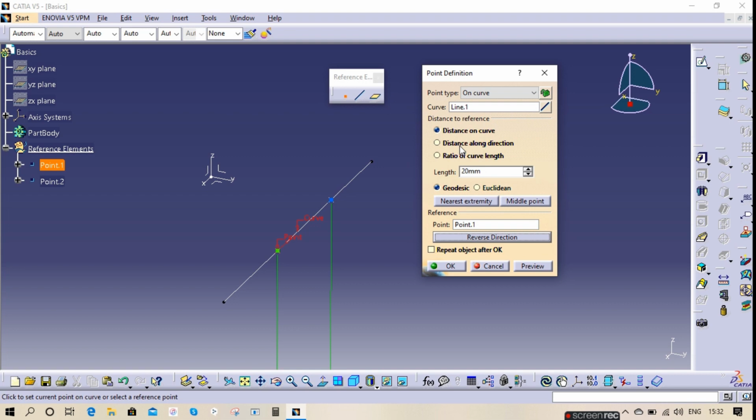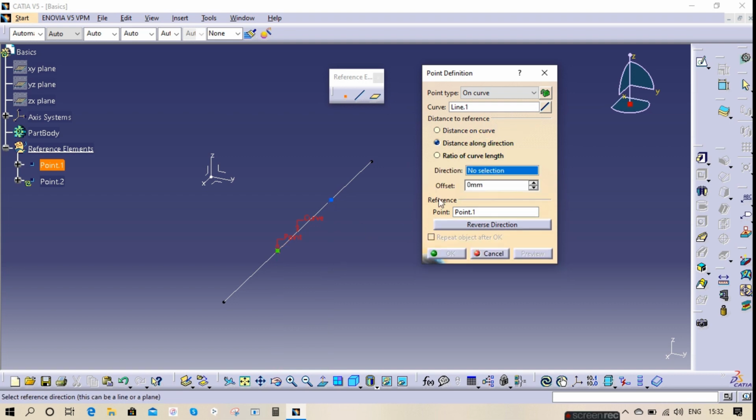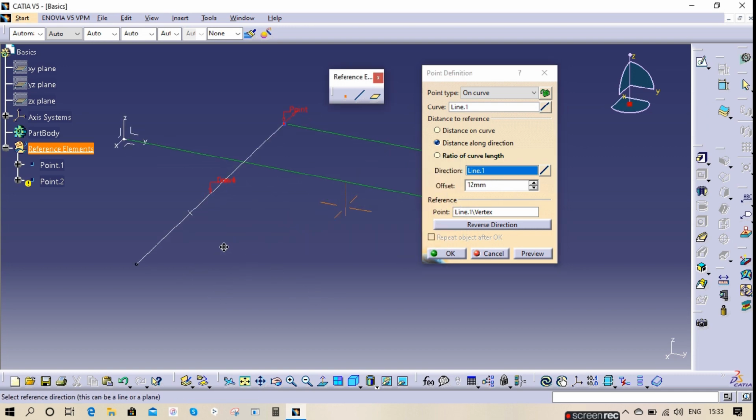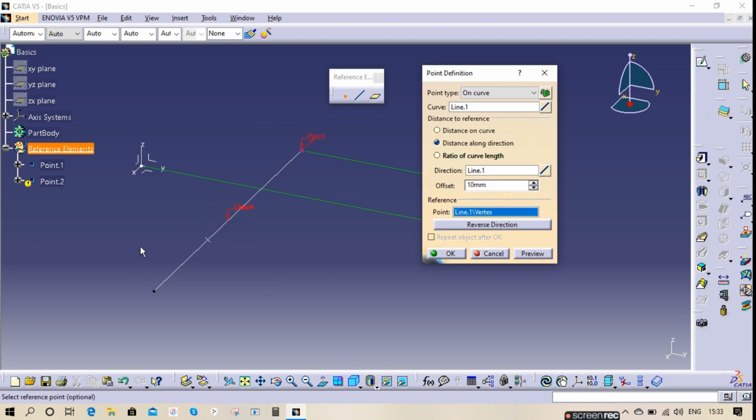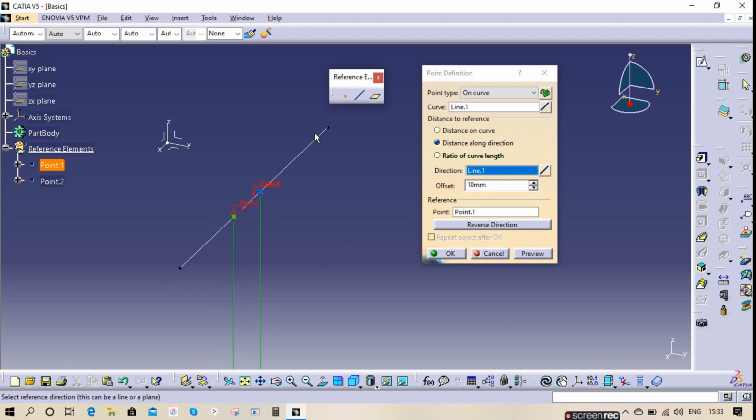The second one is distance along direction. We have two options here. We need a direction, let's say this is my direction, and my offset. From this line and from this point, I need an offset of, let's say, 10. There should be a point, not a vertex.